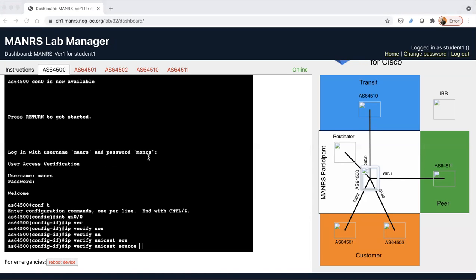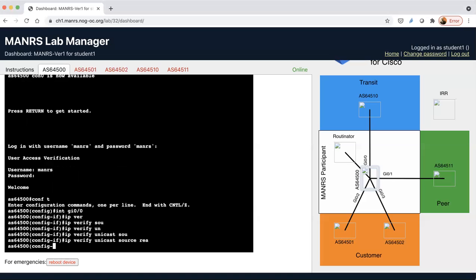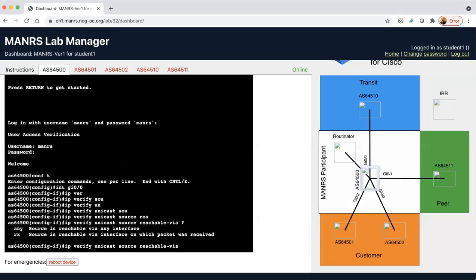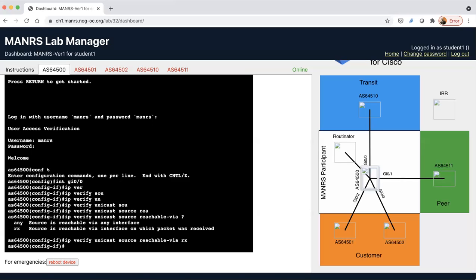So here you are verifying the source and you want to make sure that it is reachable. So there are two things you can verify: the reachable via. Here you can verify any, or you can verify only the receive. Here we are concerned with the receive. So you've done this for interface 0/0. We are going to do the same for 0/1,